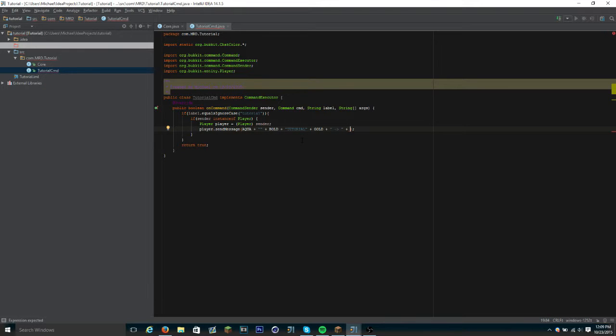Plus, yellow, plus you are currently using tutorial v1.0 by Michaelrd_gaming. So basically what I'm saying in doing this is if label.equalsIgnoreCase means if the sent